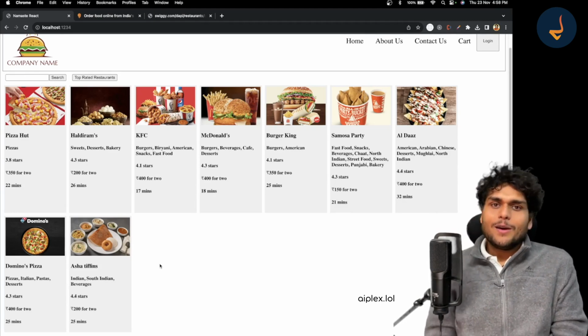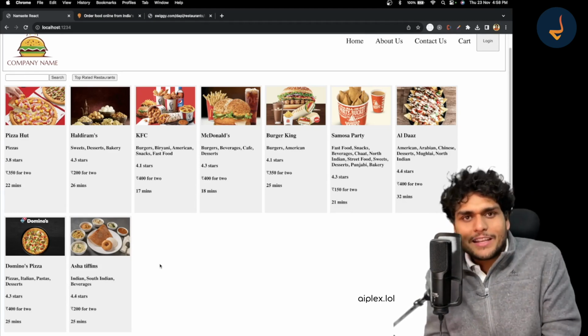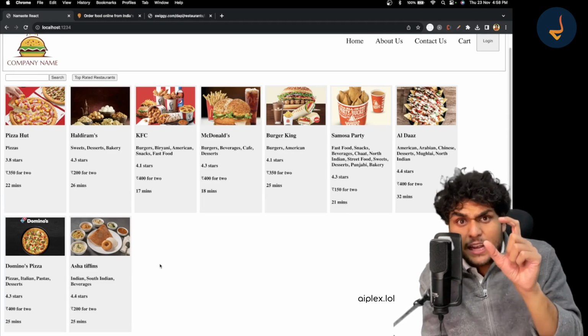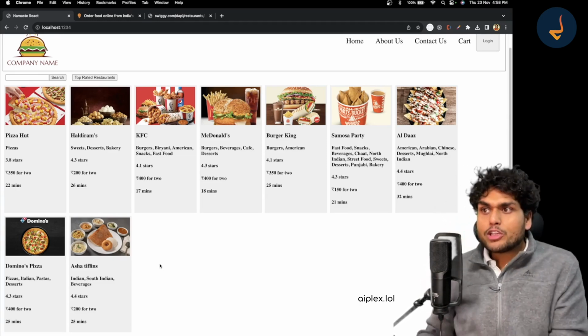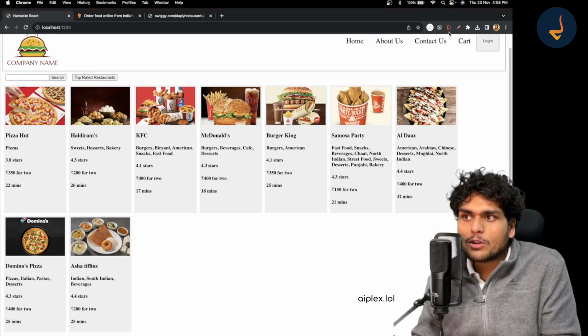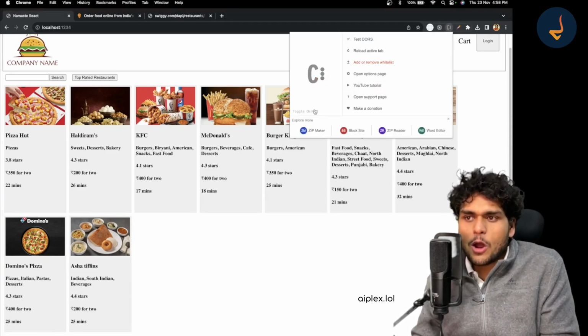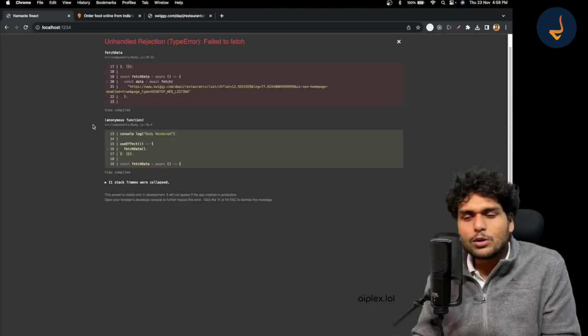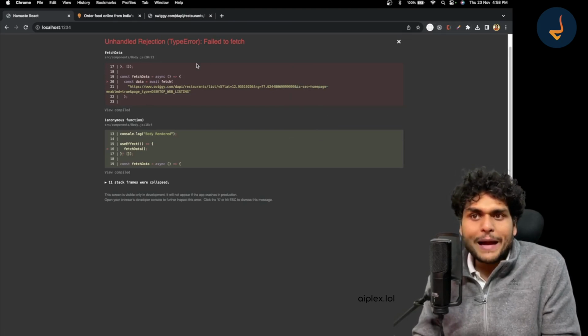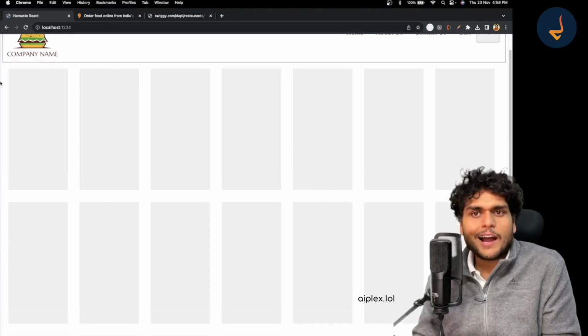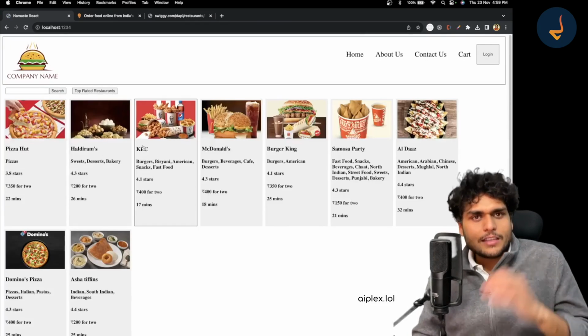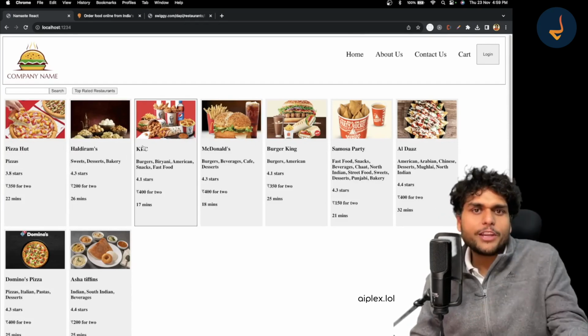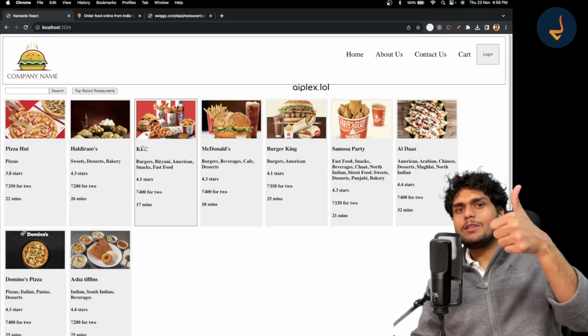Okay, cool. This was it in this video. I will make another small video where I will show you how you can get rid of this CORS plugin. Right now you always have to use this CORS plugin. If you don't use it, it throws an error. So how can you bypass this CORS? This is what I'll show you in a very small video next. So see you in the next one.